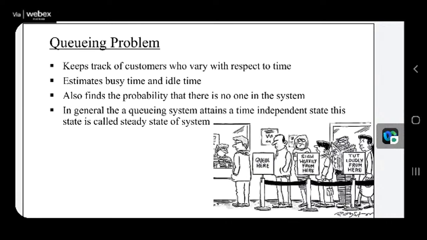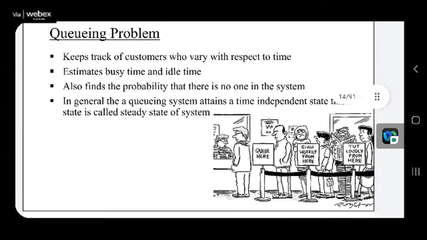In the idle time, you can give a break to your staff. And in a busy time, you want them to work at their 100%. So to know that, you have to understand these queuing problems. And also to know the probability that there is no one in the system. No one in the system means at some particular time in your business or in any place, there is no person who is ready to take your service. And on this point, I already told that with time, any state will achieve the steady state.